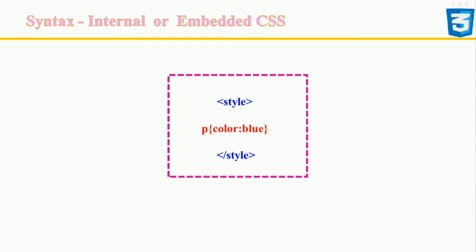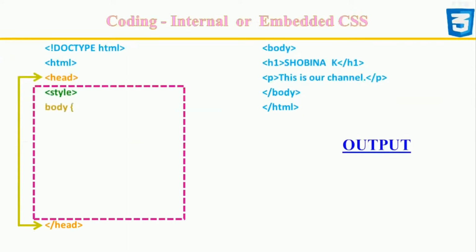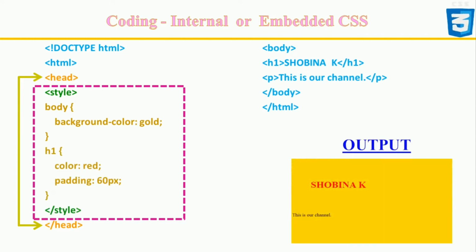Look at this example to see how to add the style elements containing the CSS rules for all the page. You can integrate internal style sheets by placing the style element in the head section of a page. Here is how you can use internal CSS. Open your HTML document and locate the head tag as opening tag. Put the following code right after the head tag. For the internal CSS, use the style element, and between this element the CSS styling properties are listed. Add CSS rules on a new line. Finally, type the closing style tag.